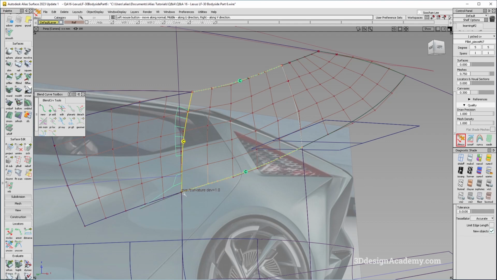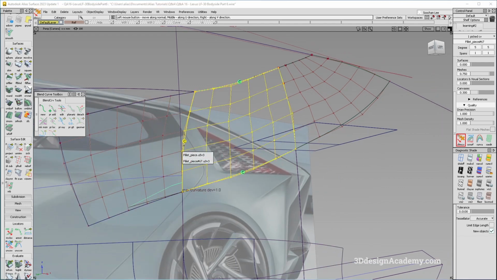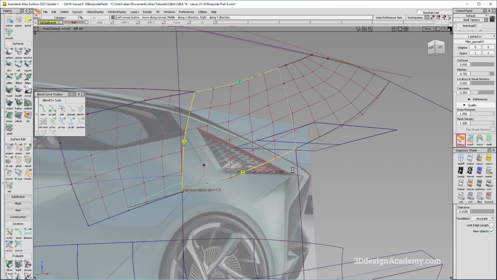Let's see. No, looks like none of them are giving me the result that I want. So at least maybe I can reduce the comb over here. The problem is the 1.0 right there. It could be due to the flatness of the surface, but I'm not quite sure. As I try to reduce the comb over here, it's a failing position, which means this is not the right answer. So what I'm going to do is try and play around with the tangent